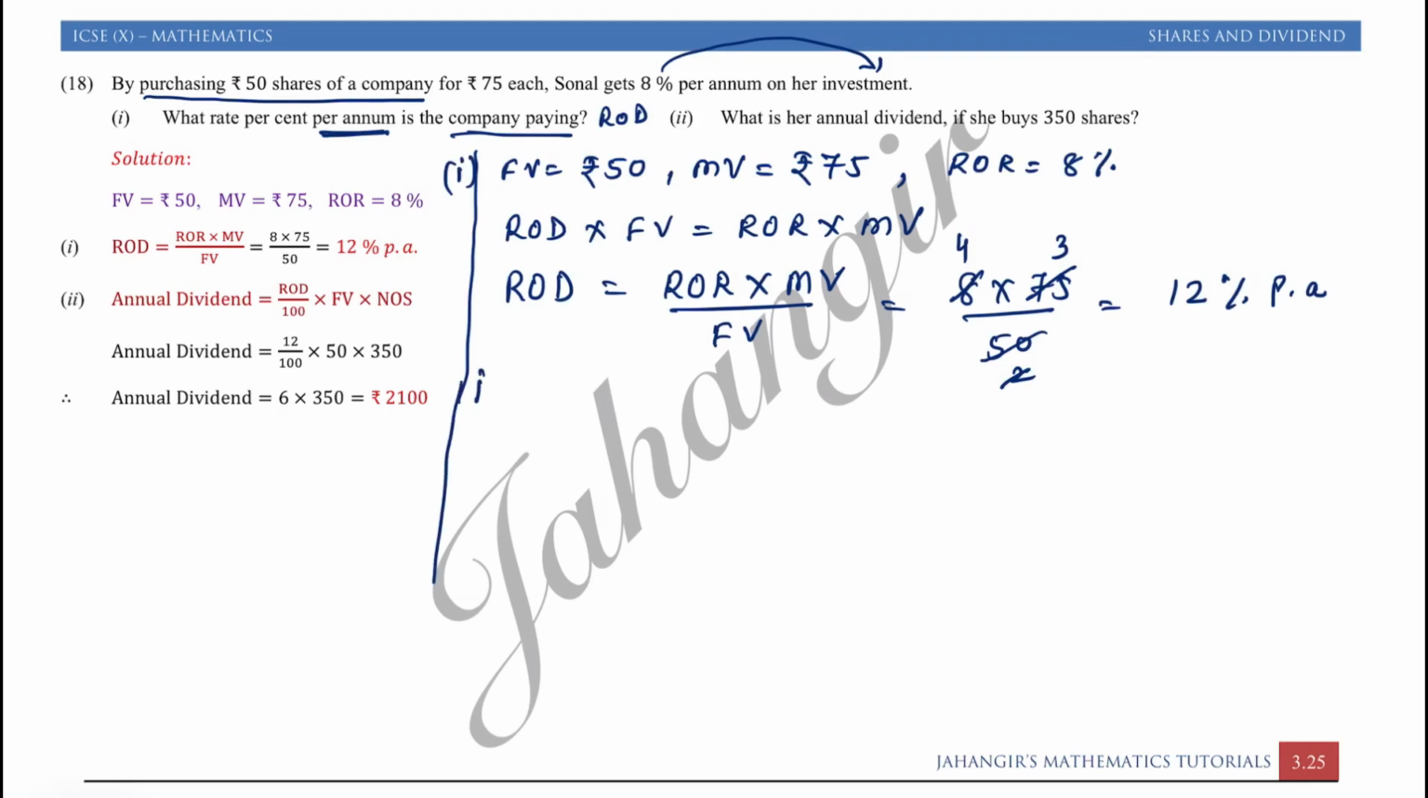Now we are doing the second question. What is her annual dividend if she buys 350 shares? So number of shares is 350 over here. So we have to find what is the income on those 350 shares. So we will say annual income